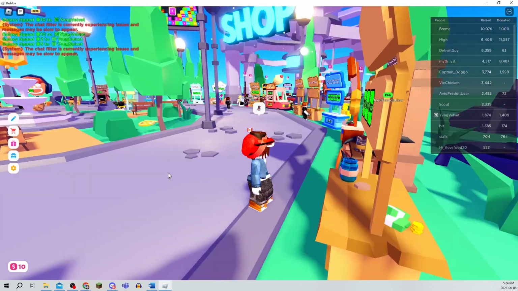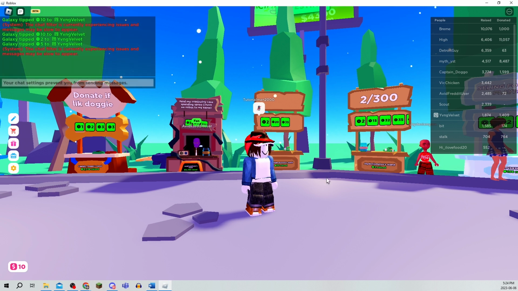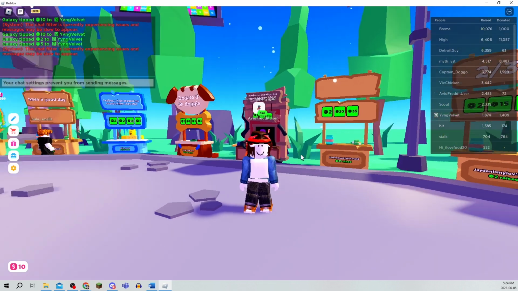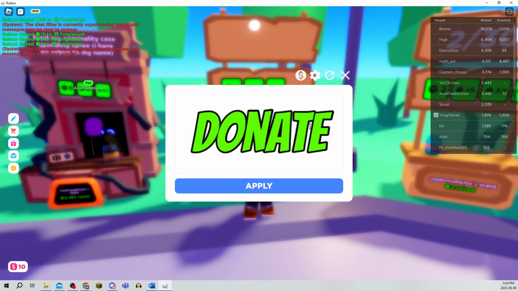In this video, I'm going to be showing you how to change the font size in Roblox Please Donate. Now, to get custom text, make sure to watch this video until the very end to prevent any mistakes in the process. Now, you're going to begin by making sure that you have a claimed stand,